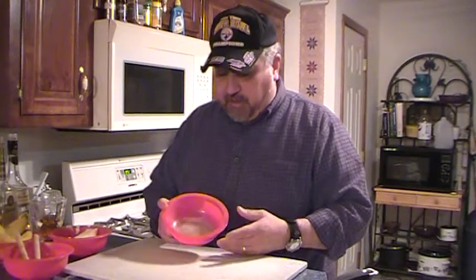Tonight we're going to prepare bananas flambe. Some folks like to call it bananas Foster. Really the only difference between the two is bananas Foster has brown sugar in it, and that's what I have here, just a little bit of dark brown sugar. Other ingredients include